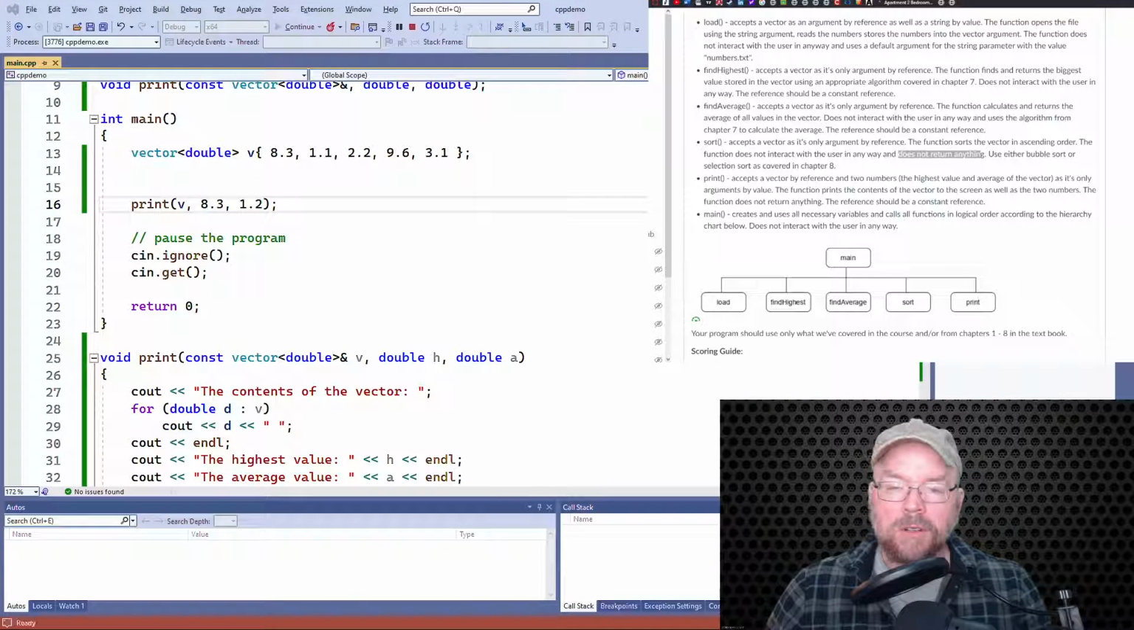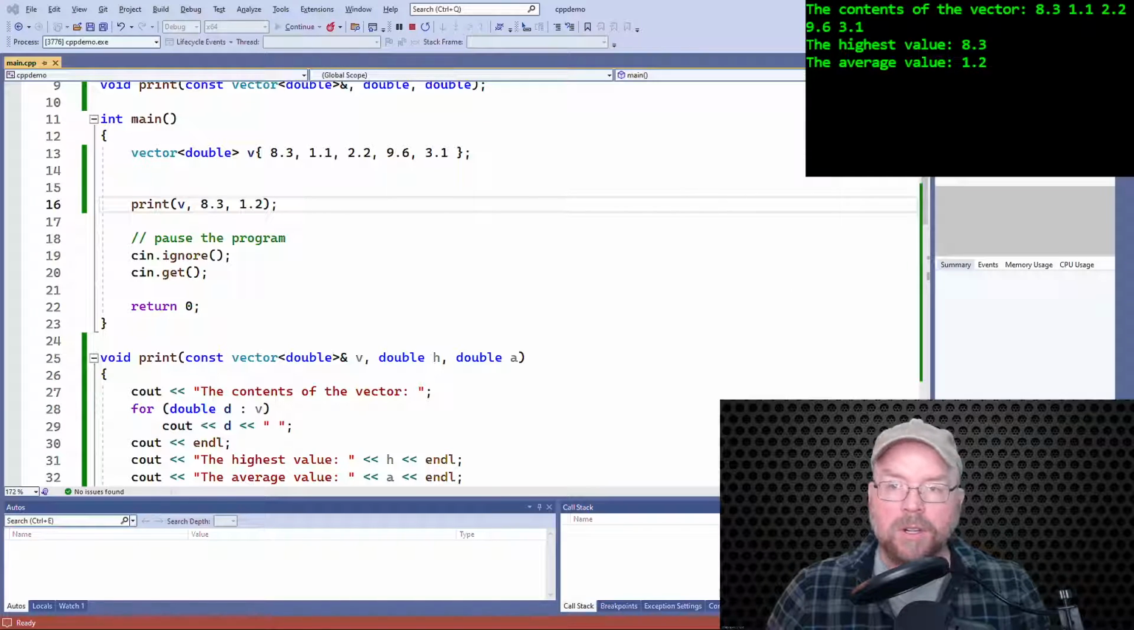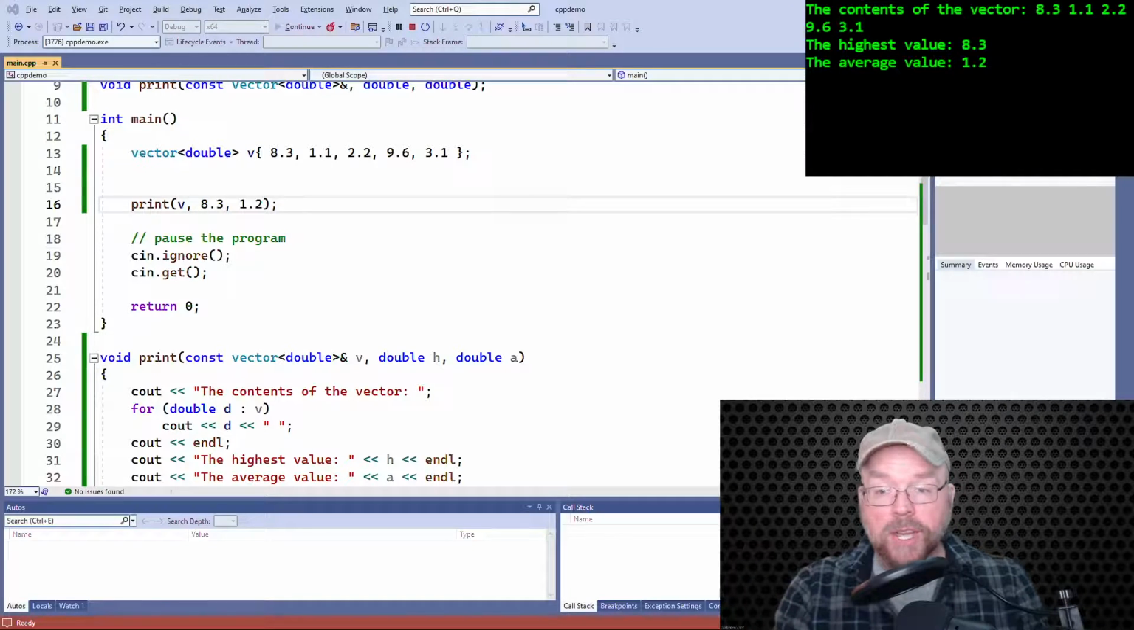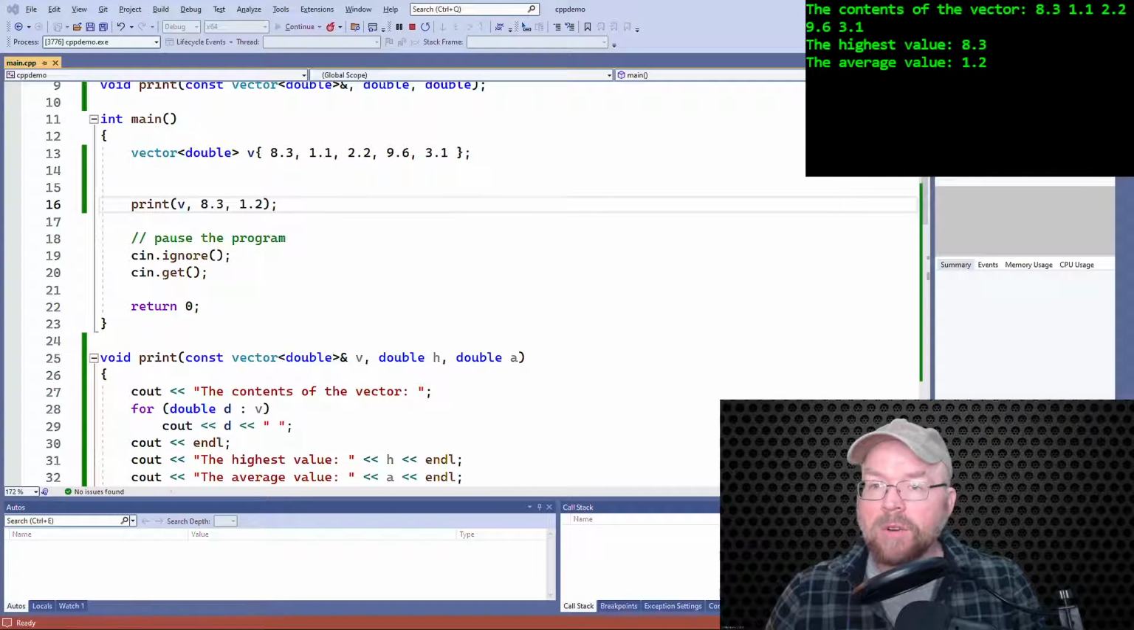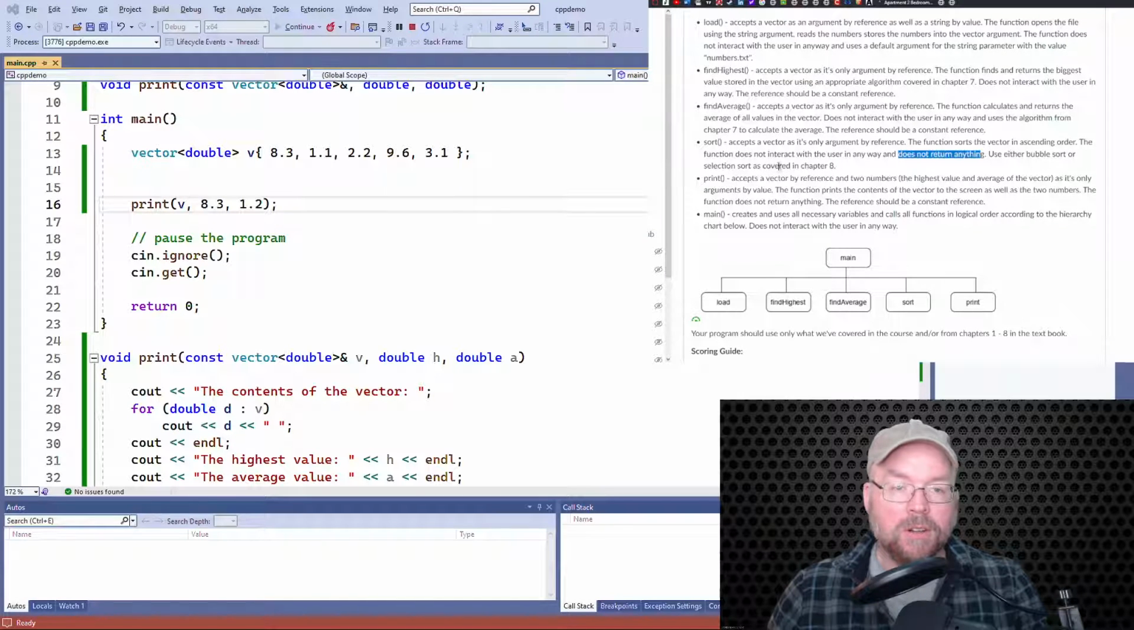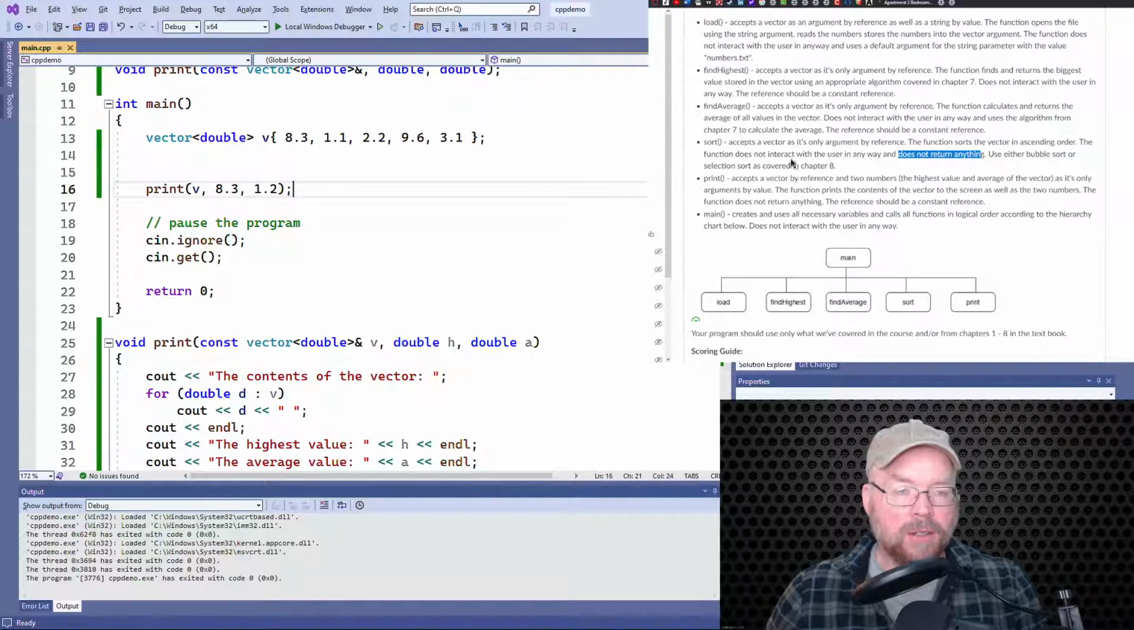So let's hide this so you can actually see the output. So there's the contents of the vector, right? Not sorted, because look, I'm just testing. In my main, I didn't call anything but the print function. I just want to make sure this thing works. So it prints the contents of a vector plus its two arguments. So that looks good. Okay, so right. So at this point,